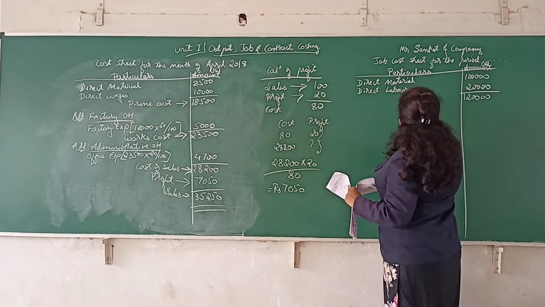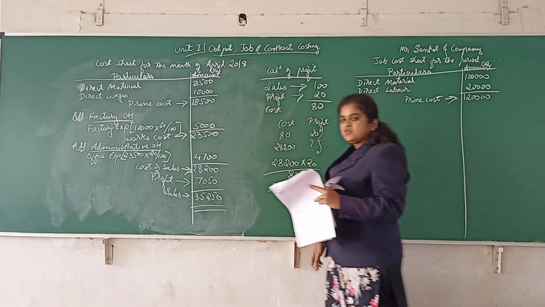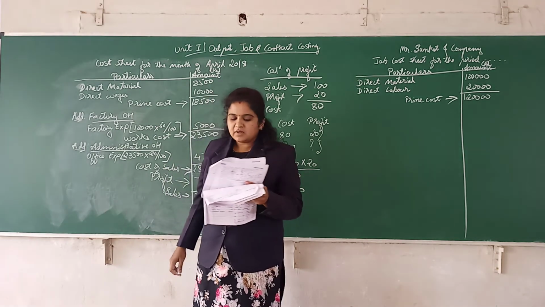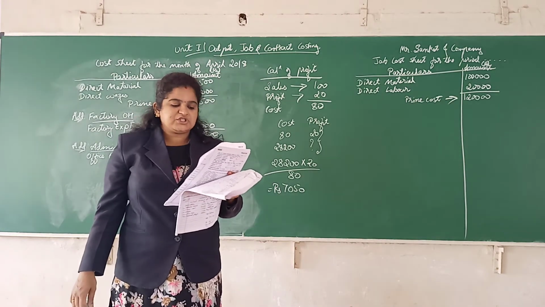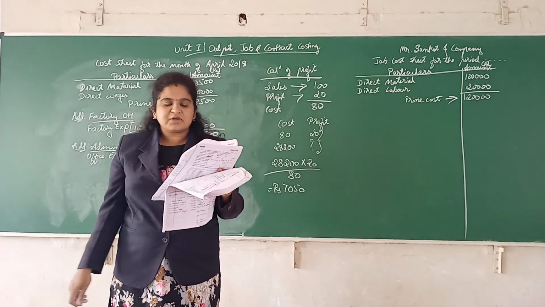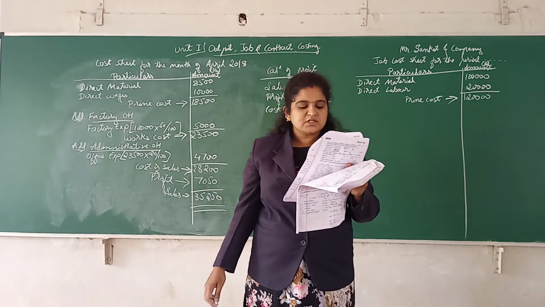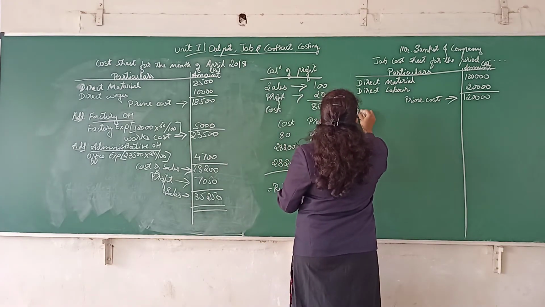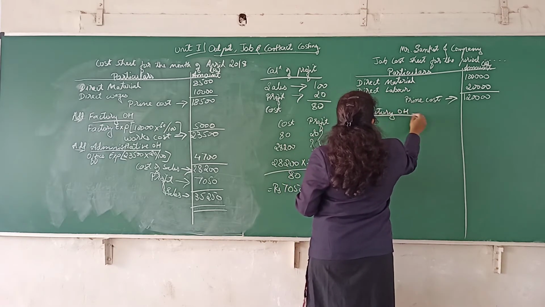This is prime cost. Okay, now read the second point. In machine shop, it will require machining of German machine for 10 hours and Israel machine for 6 hours. Now the third point is related to this point. The machine hour rate for German machine is rupees 150 and Israel machine is rupees 200. Okay, so as it is machine, it will come under factory overheads.